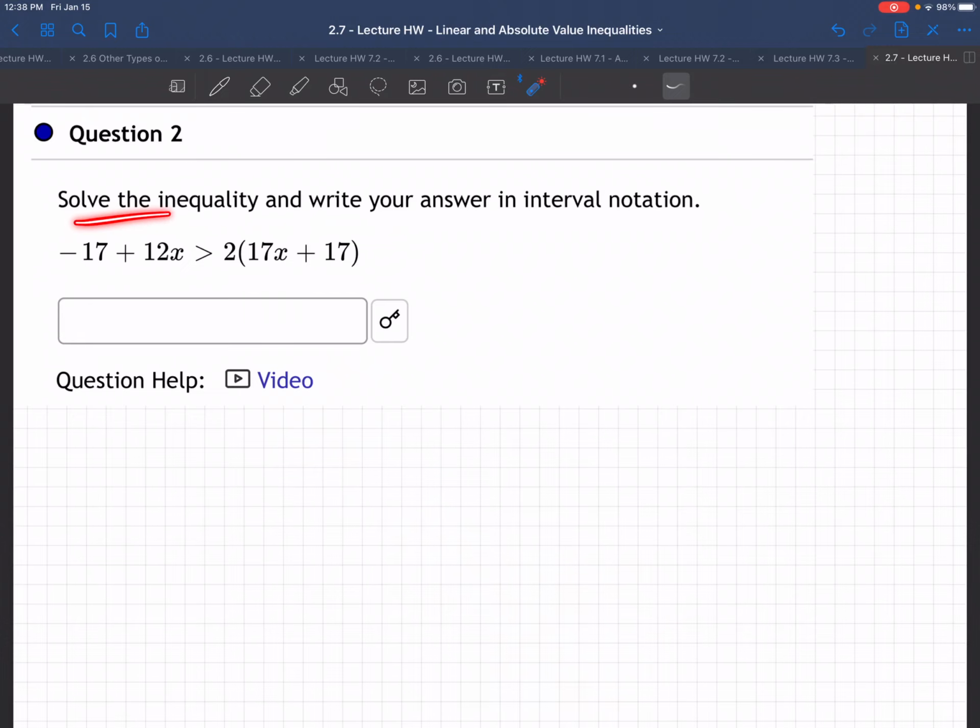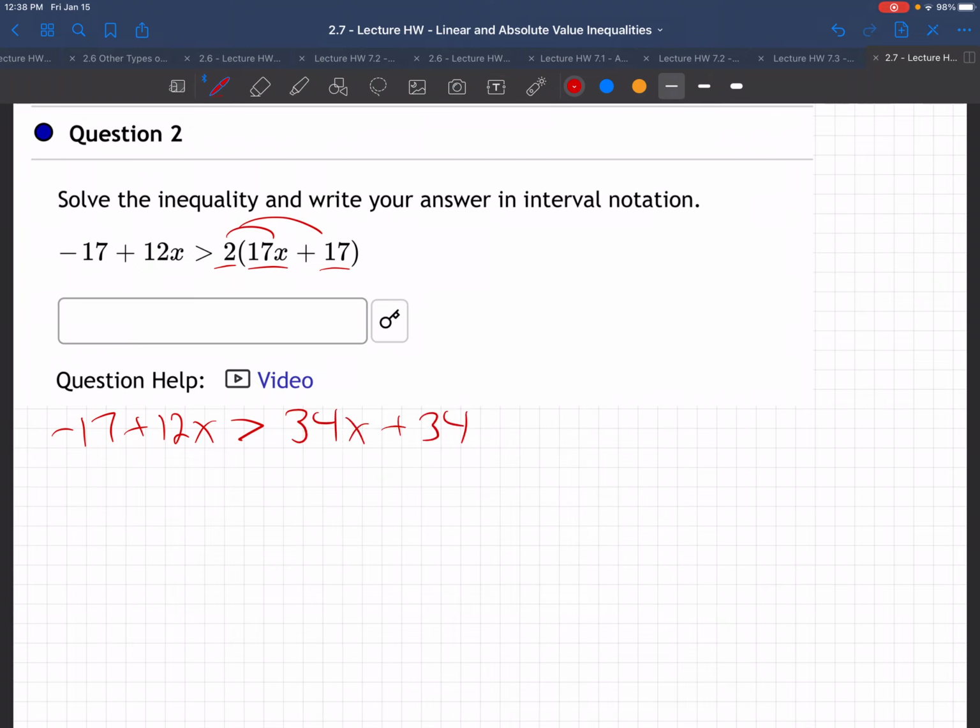Welcome to an example in which we're solving an inequality. Okay, so how do we solve this inequality? We should begin with distributing through these parentheses. So this 2 goes to the 17x and the 17. I'll just bring it down here. So minus 17 plus 12x is greater than, that'll be